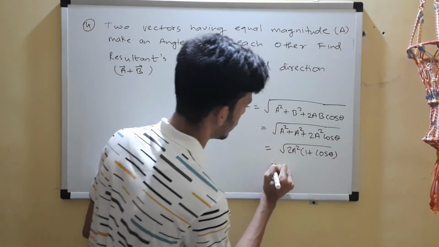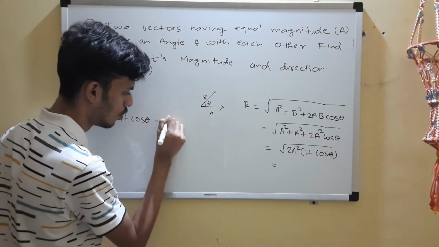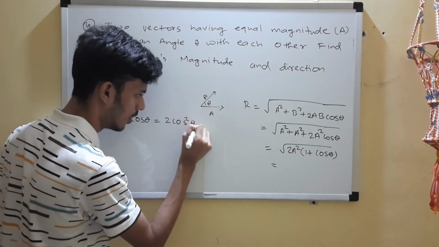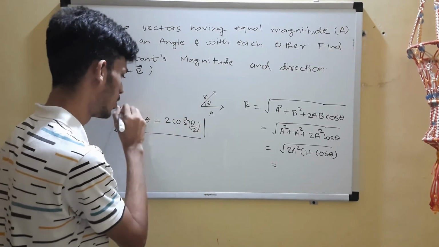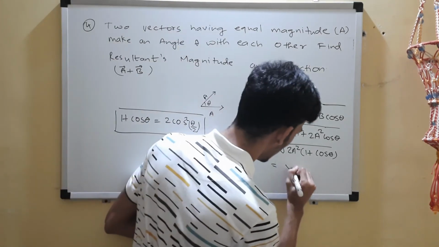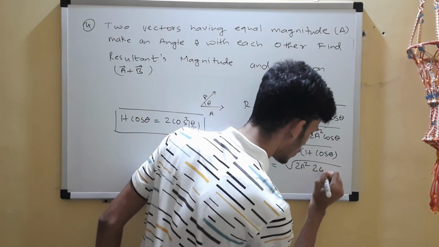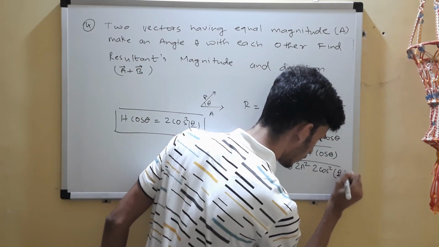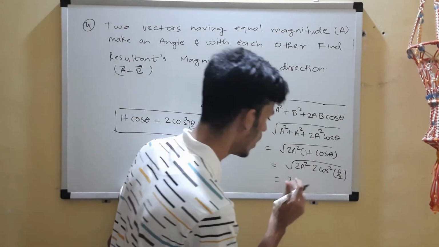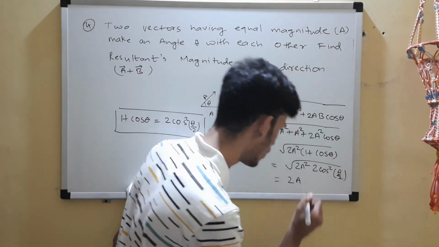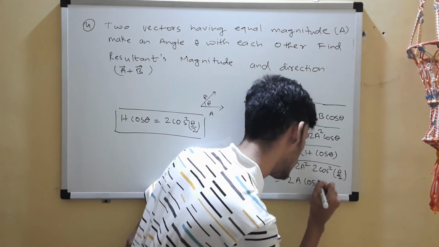And here comes the maths, okay? 1 plus cos theta is 2 cos square theta by 2. Okay, this is an identity. You should know it. One identity, one more you'll have. Okay, so let's come here. So 2a square, I'll just insert that, 2 cos square theta by 2. So you have two 2's inside the root, so you can get 1 out. A square inside the root, so you can get 1 out. And cos square theta by 2 inside the root, so you can get cos theta by 2 out, right?